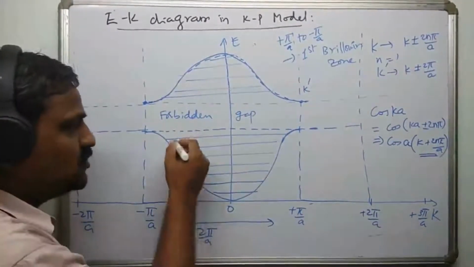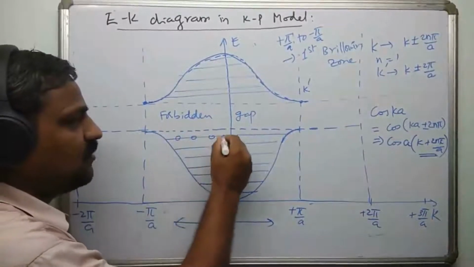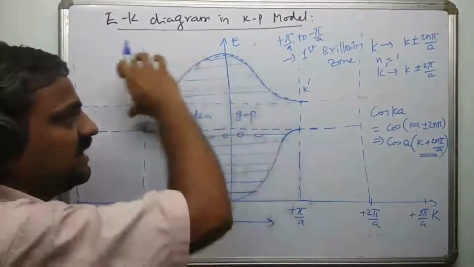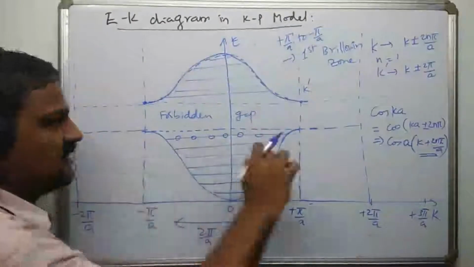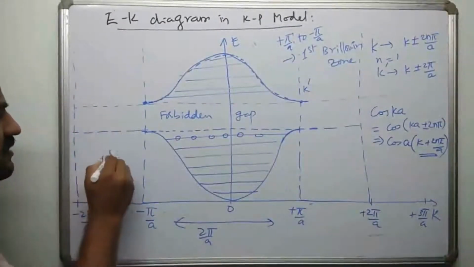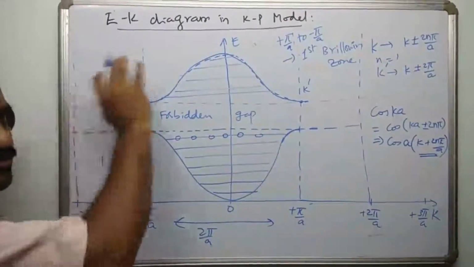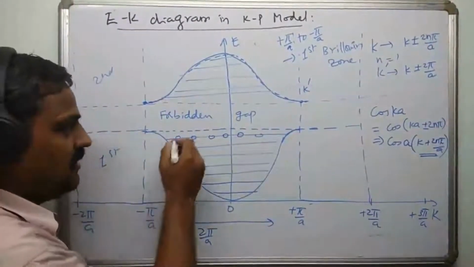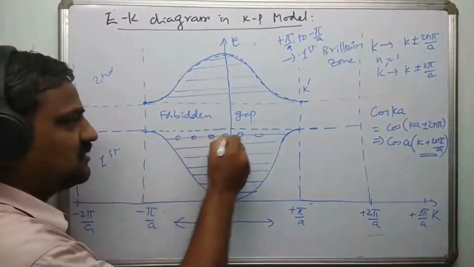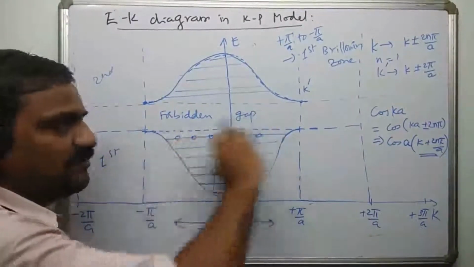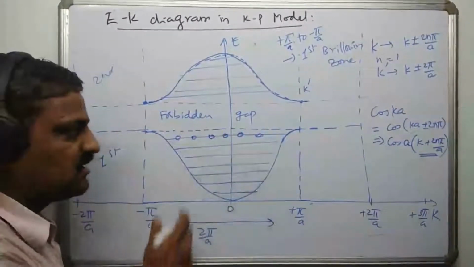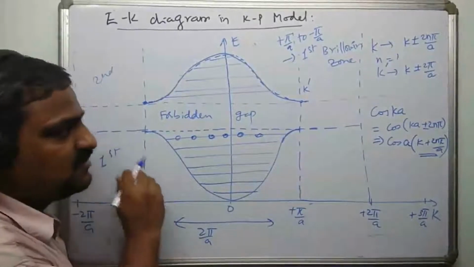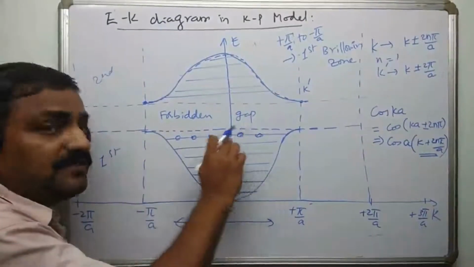So usually holes will be there on the top of the band. See, these are the edges of the band. So this is one band, this is the other band. Let us say this is the first band and this is the second band. Second is the topmost filled, let us say. So if you have any band and you are filling it with electrons, the topmost energy electrons in a band will behave like holes. That's why you say holes will be there on the top of the valence band.